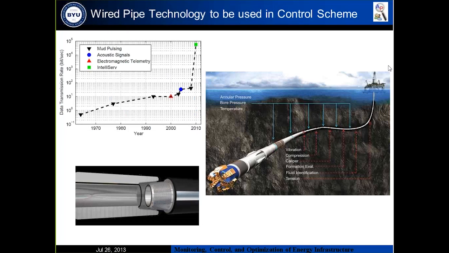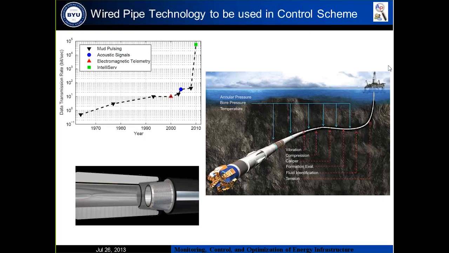Wired pipe technology is a new technology, and here they put wires and special types of sensors inside the pipe. This way they are able to measure the pressure along the annulus, because up to now the sensors that they have aren't capable of being used for control purposes because they send limited bandwidth signals. But this new technology enables us to use these sensors for controlling pressure directly. And before we go on to the next slide,